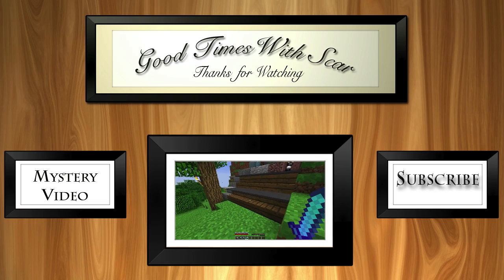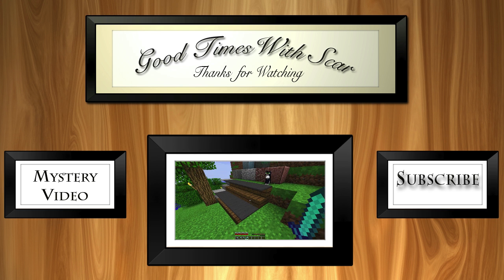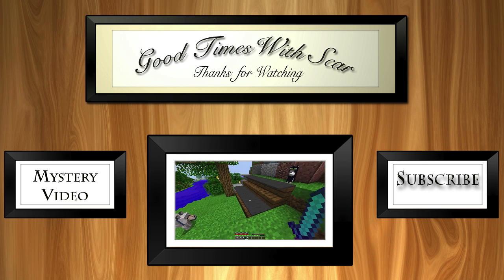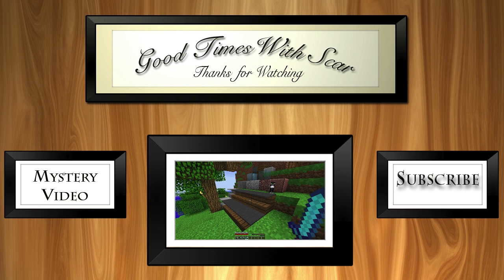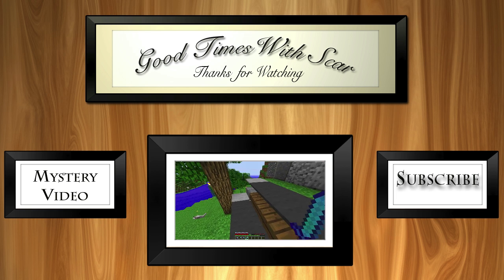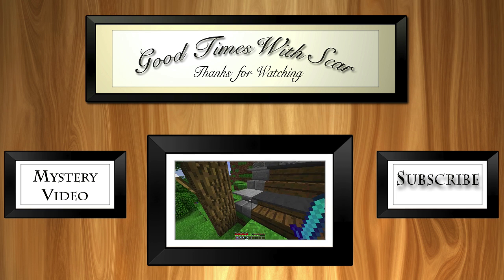Okay, so these are our designs for our roof. As you can see, we just placed the roof stairs in a normal configuration. But what we're going to do is put this carpet on top of it to add a little extra design, a little extra color, and to bring a little unique style to our roof. I've never seen this done before, and I'm pretty excited to do this along with